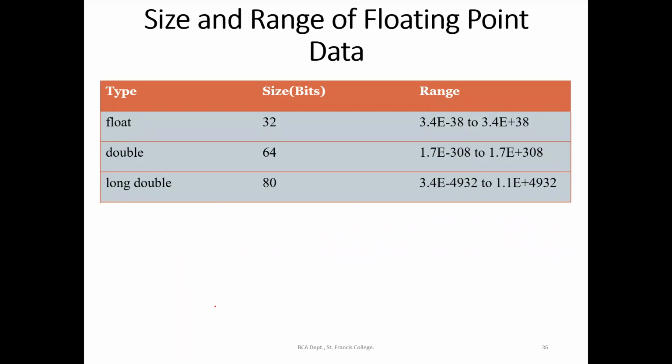So I have kept it in a table. Here we are using scientific notation to show the value. This is exponential, E means 3.4 into 10 raised to minus 38 to 3.4. That range you need not remember, but you should get an idea. If you are given 64 bits, the value up to which we can store is 2 raised to 64. If you are given 80 bits, 2 raised to 80. You can find it in a calculator. If you are given 32 bits, you can store up to 2 raised to 32.